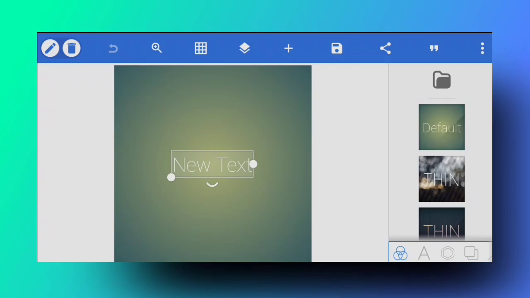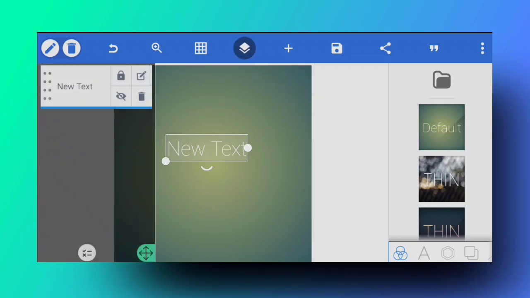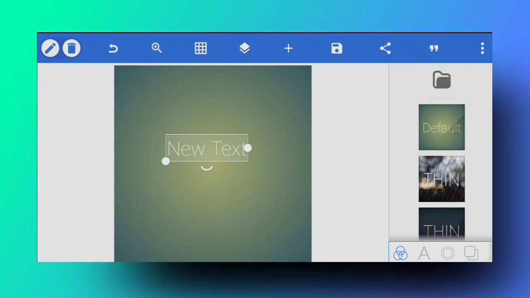The basic function that we are going to learn today is the text tool. When you open the Pixel Lab, on the default section you will get a pre-added text right here, which is like this. As you can see, if I keep my finger on it, I can move it around and place it wherever I want to, and this is the basic text that you get on the default section. Now you can make whatever changes you want on this text or text layer right here. You can also see the text layer over here, so this is what your text layer looks like in your layers format.